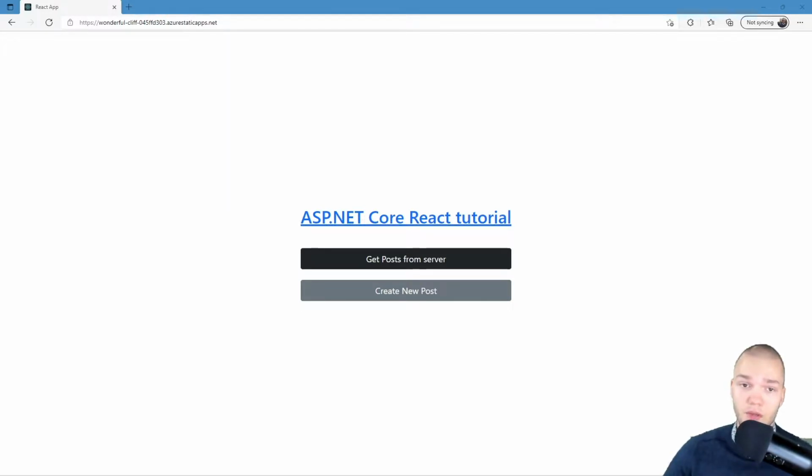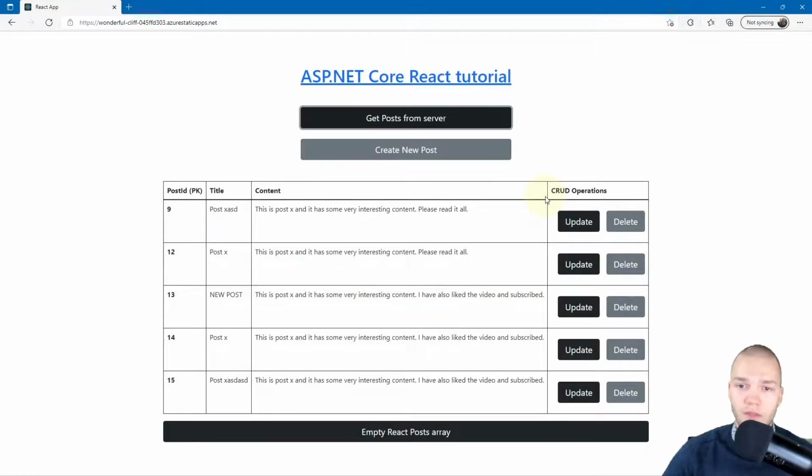Right, so what you've been seeing behind me is the end result of this tutorial. And this is a React app running in the Microsoft Azure Cloud. If we click Get Posts from Server, we get the posts from our ASP.NET Web API, and it displays them inside this little table. And in this tutorial, we'll work with just one very simple model called the post model,